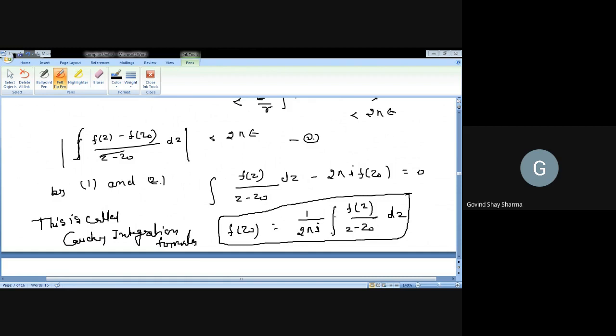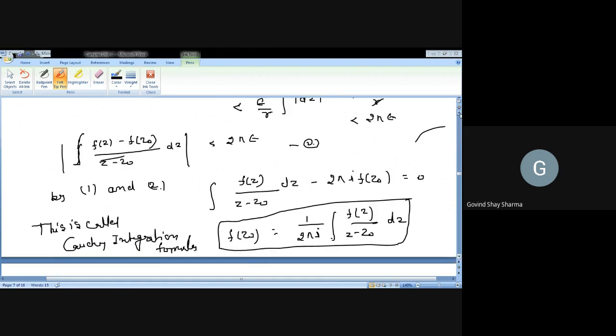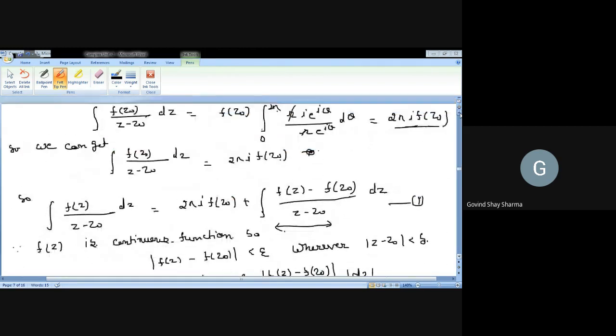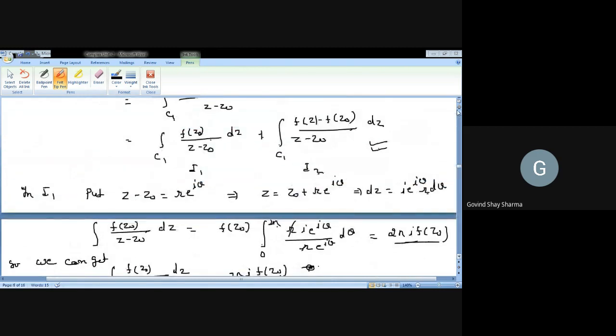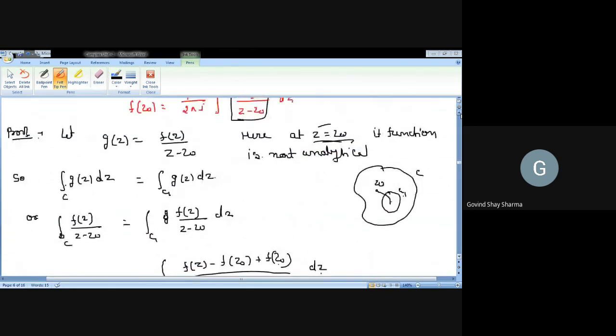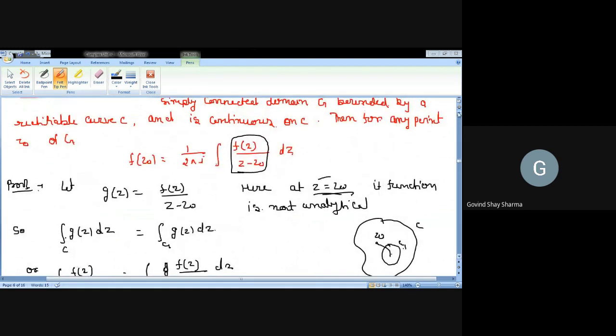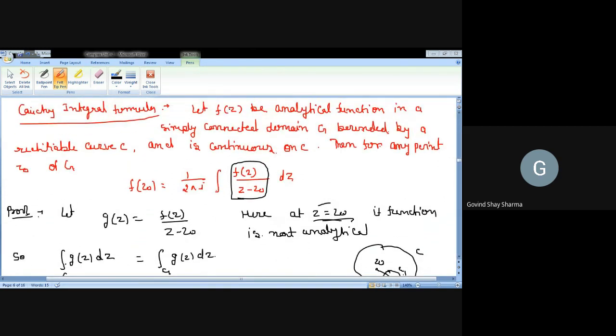Again I explain. Given that f(z) is an analytic function in a simply connected domain bounded by a rectifiable curve, and f(z) is continuous. So f(z0) is equal to 1 upon 2 pi i, the integral